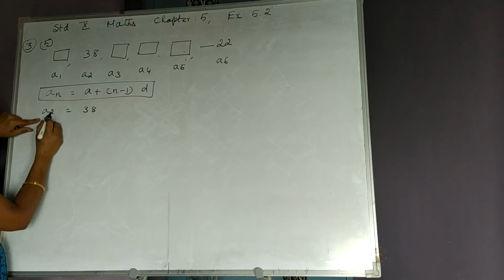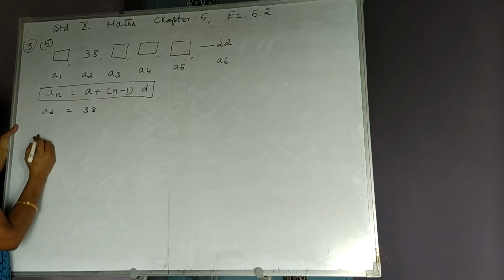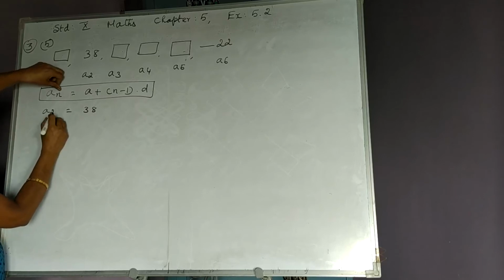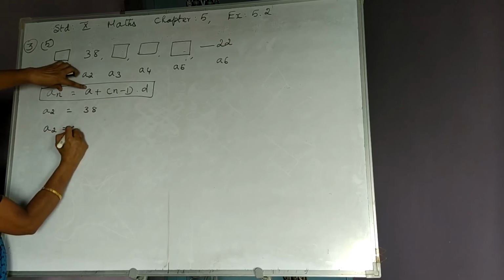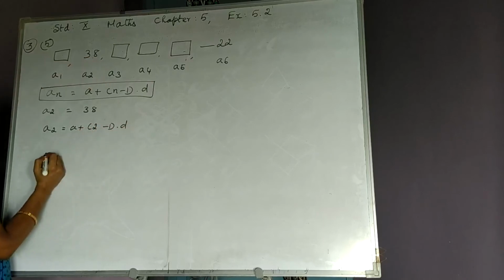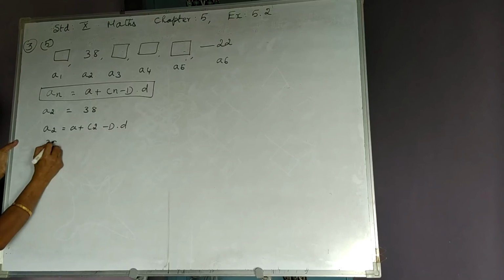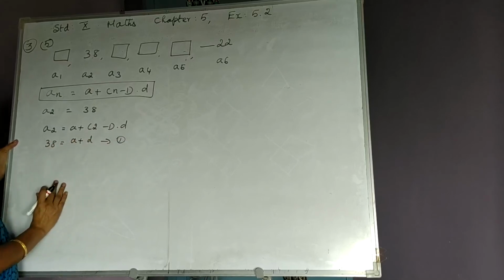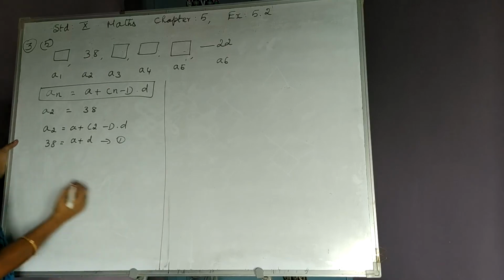Right. A2 equal to 38. So for A2, we are going to substitute N equal to 2. A2 equals A plus (N minus 1) into D, which is A plus (2 minus 1) into D. What is the A2 value? It is 38. So A plus D equals 38 is the first equation. And then